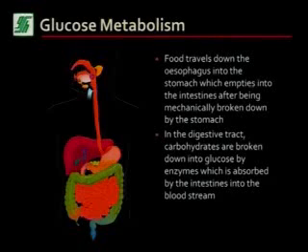Okay, large colon. And here we have the liver, and behind the stomach is this all-important organ called the pancreas. So when we eat, food travels down the esophagus, goes into the stomach, and after 4 hours of mechanical breakdown, this empties into the duodenum, which is the early part of the small intestine, and then it goes into the intestines. Within the digestive tract, carbohydrates that we eat, which are complex glucose, are broken down into glucose. Glucose are simple sugars, broken down by enzymes, mainly from the pancreas, and then absorbed by the intestine into the bloodstream.